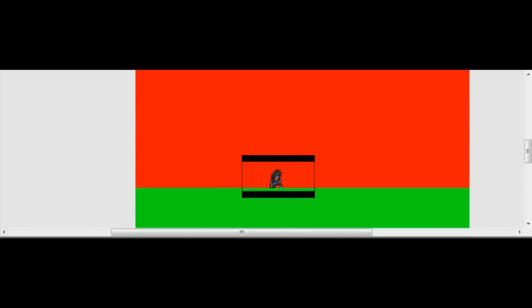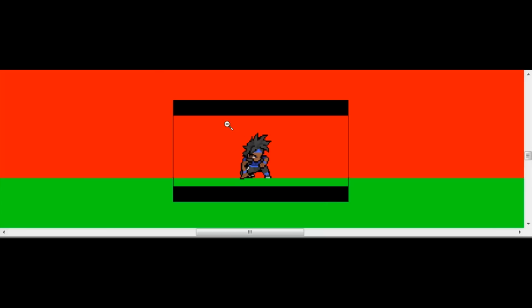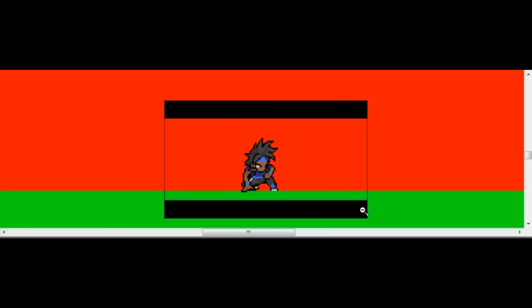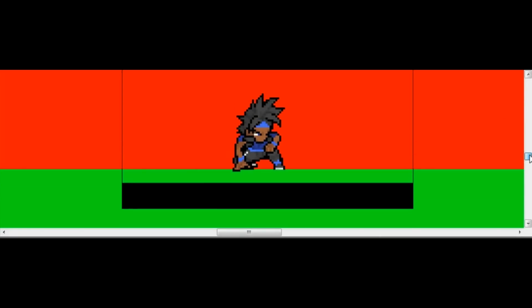Today we will be learning how to do the bounce effect in Flash. As you can see, I've already pre-made it, so we can review and redo it. Here I have my brother's original character, Colt, and Colt is bouncing into his pose like he did, but this is a different type of bounce. This is a better bounce.